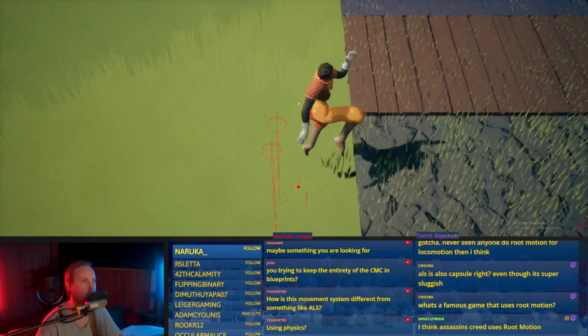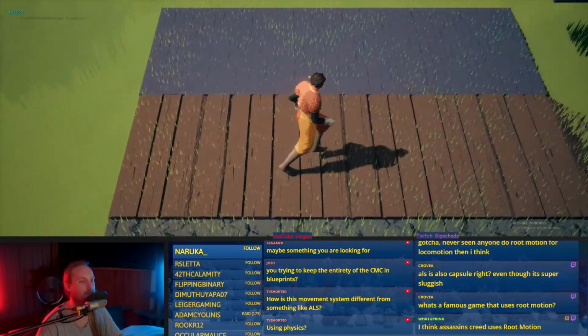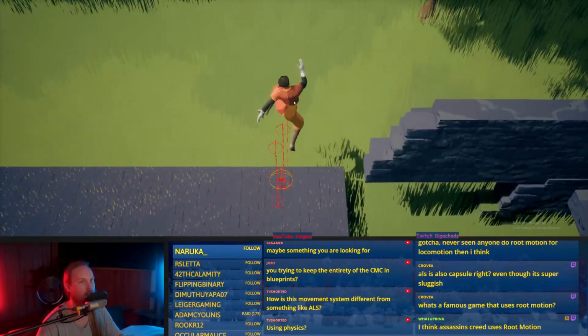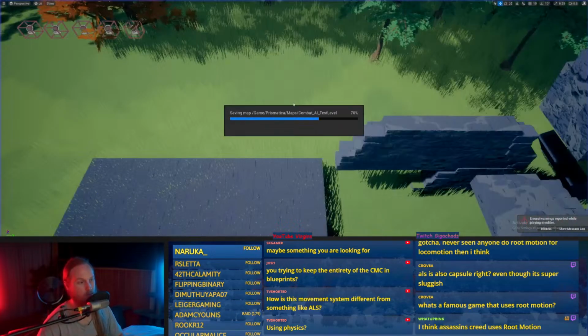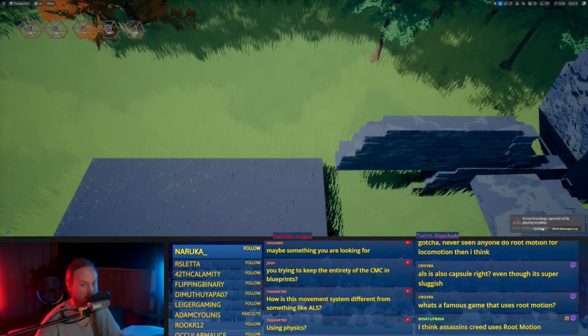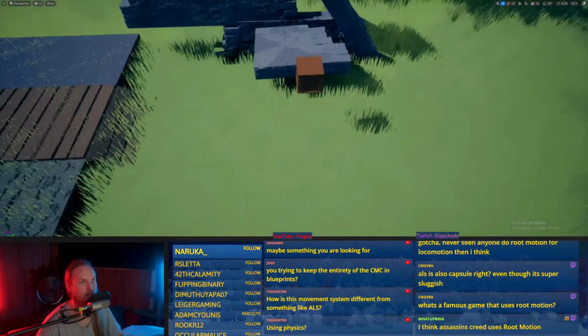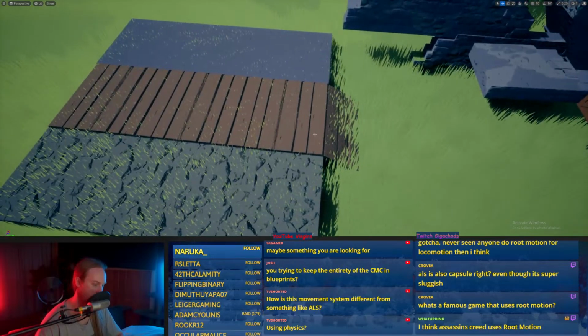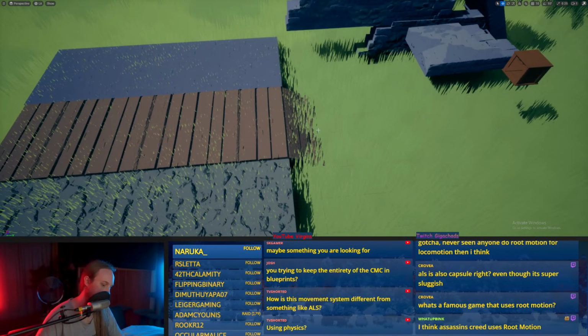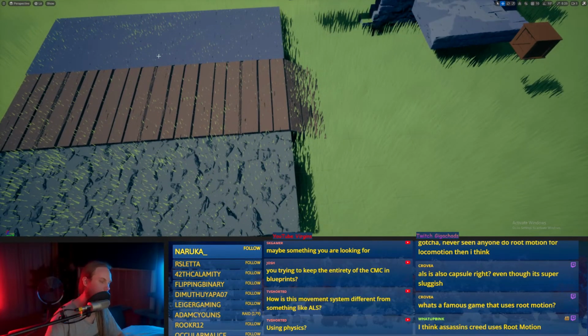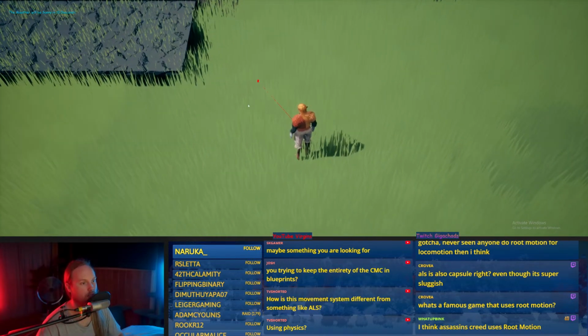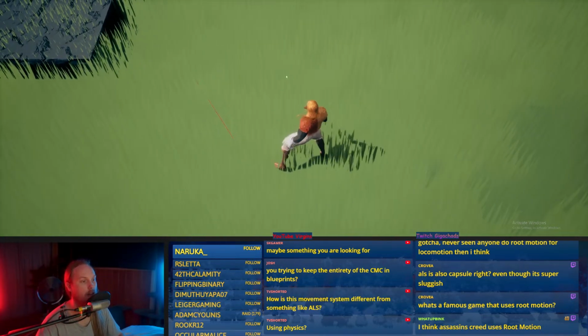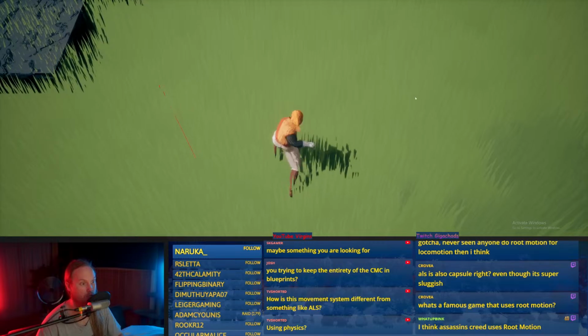What's the famous game that uses root motion? Most AAA games use root motion. Like Grand Theft Auto, Red Dead Redemption, The Last of Us, Assassin's Creed are all root motion. Obviously, my attack animations are root motion.